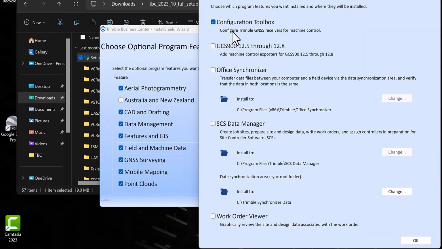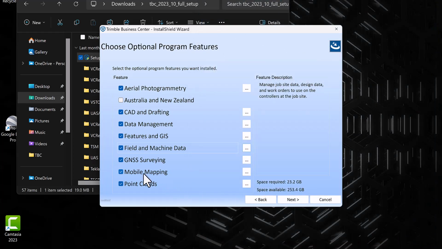I'm going to turn everything off except for the configuration toolbox. Probably don't need that, but I just like to leave it there. And then if you're not working with mobile mapping or point clouds, I suggest you turn those off as well. So we can hit Next